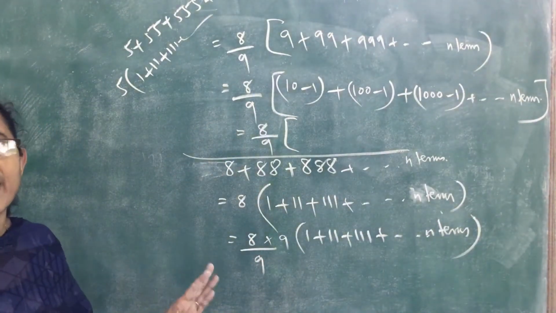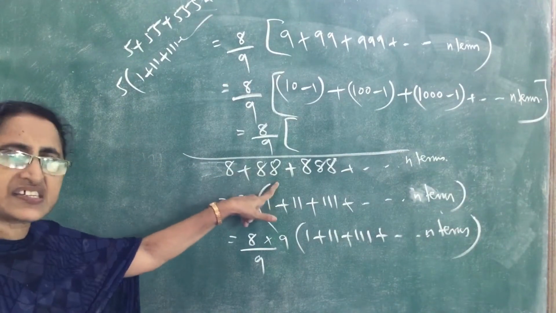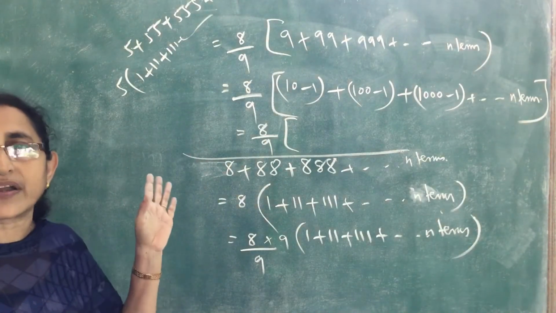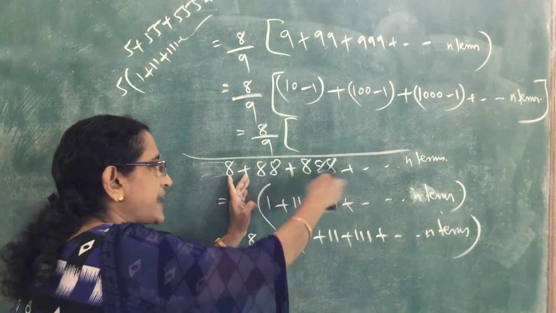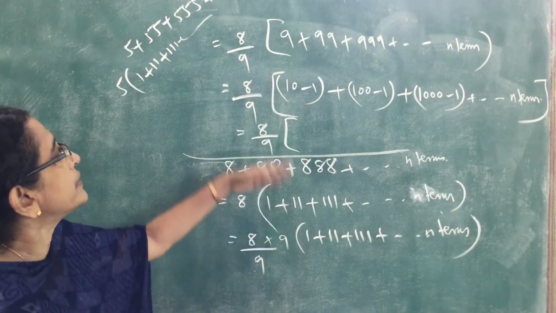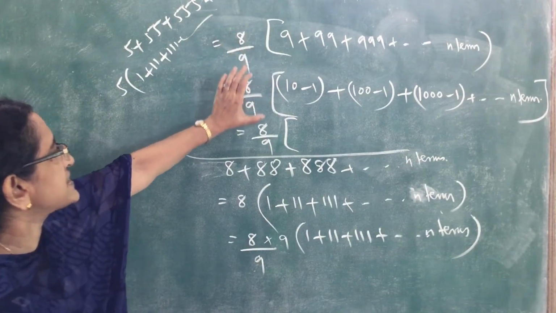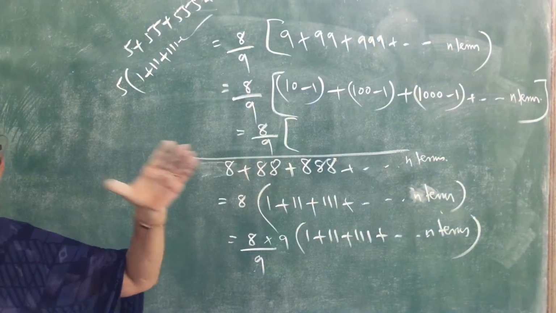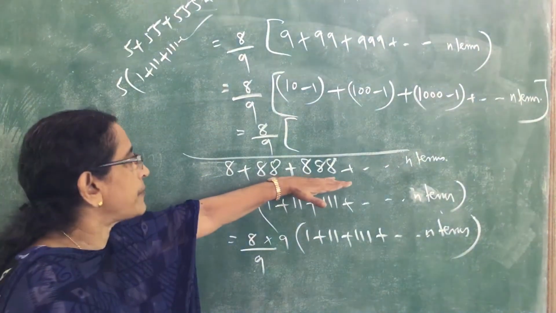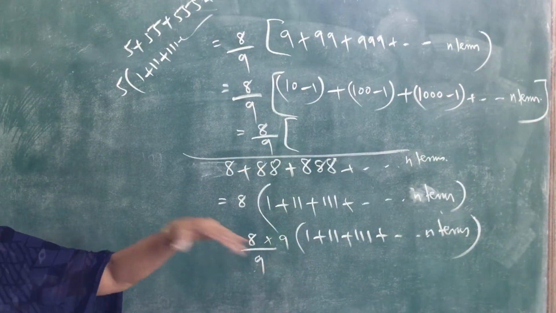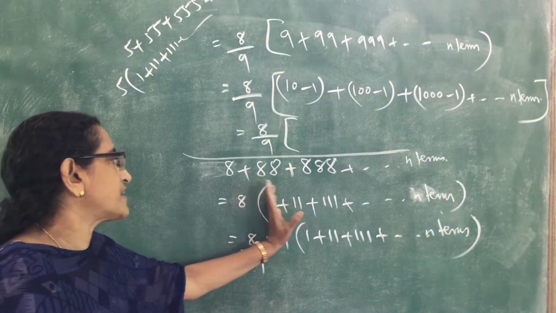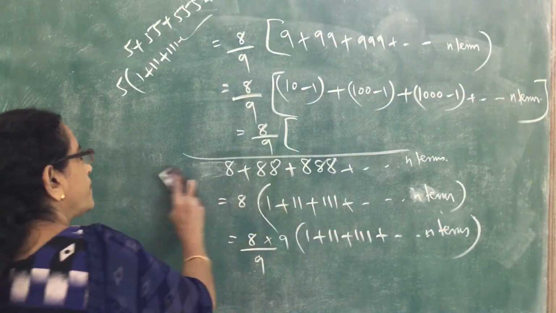All questions we are doing by the same method. Suppose it is 6 plus 66 plus 666 plus etc. Then also we have to take 6 common. So 6 into this part will be the same. Then the remaining part is the same. We have to multiply and divide by 9. So only the outside number will be different. The inside number will all be the same. So for all such questions, the same type, we follow the same method. We have to decide which number to take outside, and after taking that number outside, the remaining part inside will be the same.